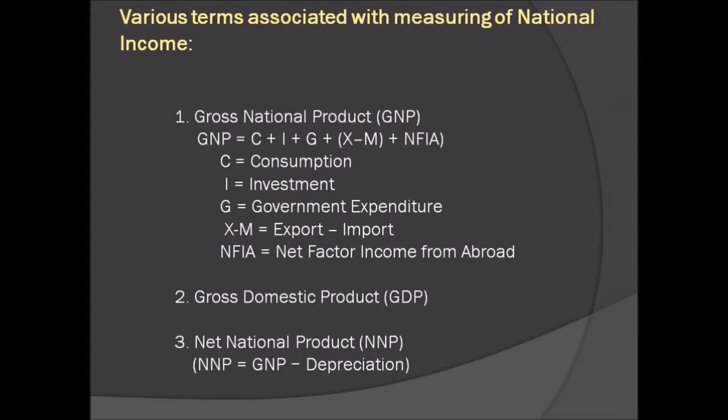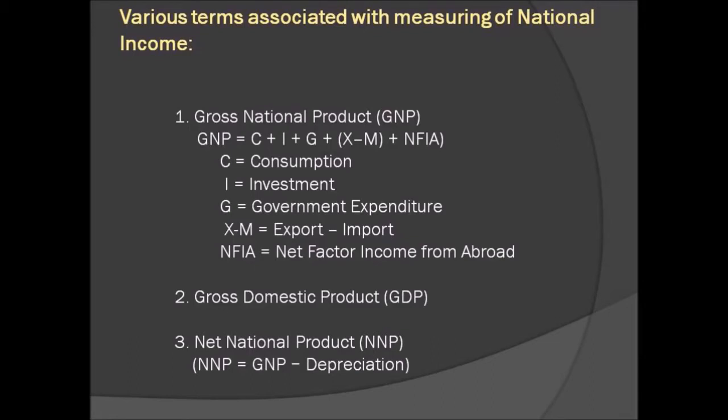First one, it is the gross national product, GNP. The gross national product is the total value of goods and services produced and income received in a year by domestic residents of a country. It includes profits earned from capital invested abroad. That is, it takes the income earned by the citizen of the country present within or outside the country into consideration, and it excludes the income generated by the foreign nationals who are residing in the country.